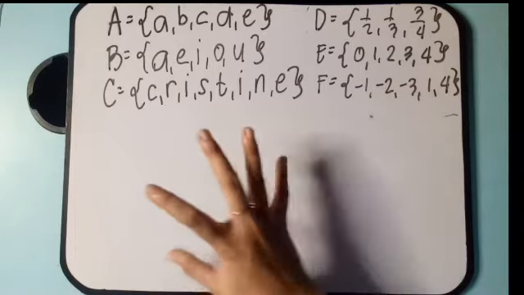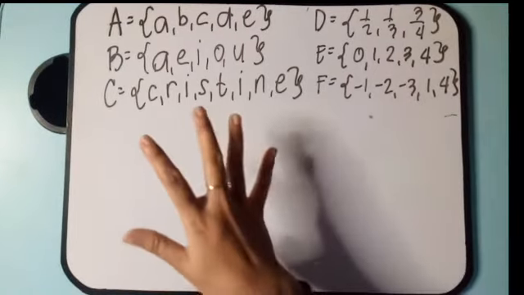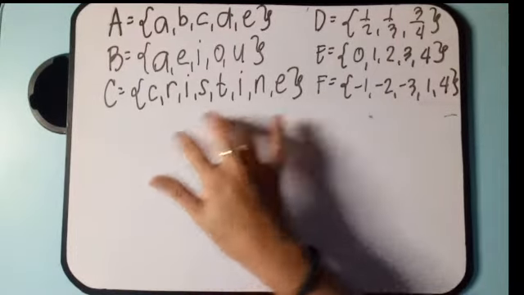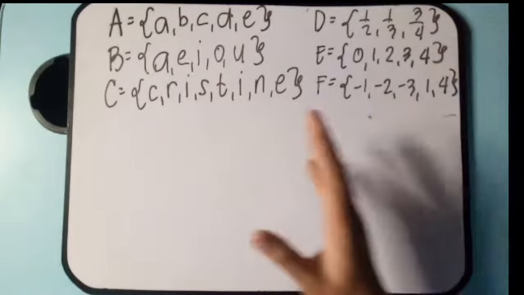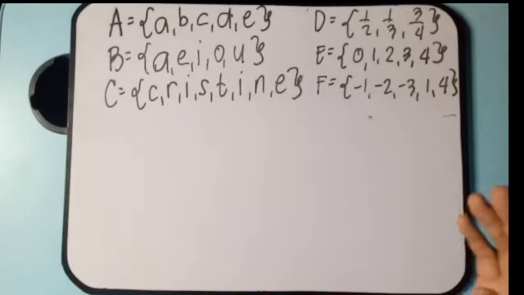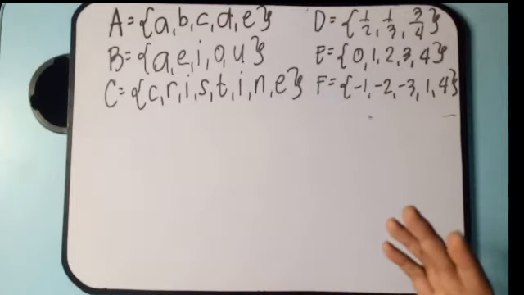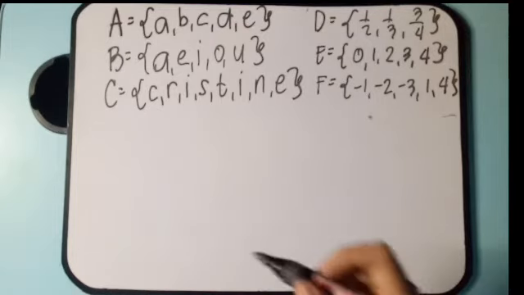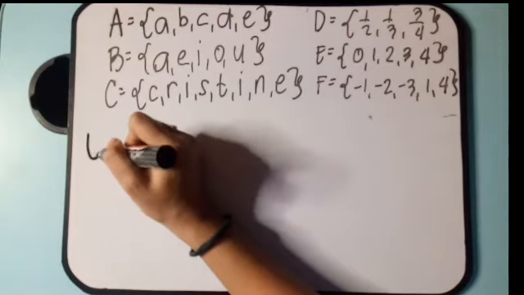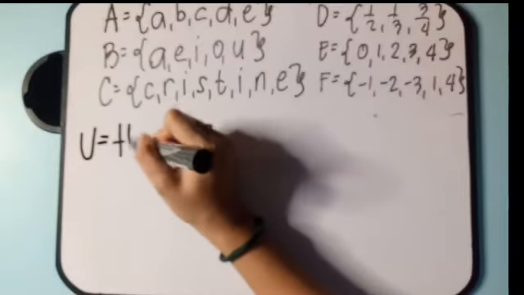So, as you can see, we have 6 given sets here, wherein we have the set A, B, C, puro letters, tapos yung set D, E, F ay puro numbers naman, and meron din tayong fraction. So, hinati ko sa dalawa, and let's see kung ano ang mailalagay natin na universal set nitong mga 6 na set na to. Pero, syempre, paghiwalayin natin kung ano yung magkakasama, yun lang ang bibigyan natin ng description or the universal set. So, we have the set A, B, and C. So, the universal set of these 3 sets are the set